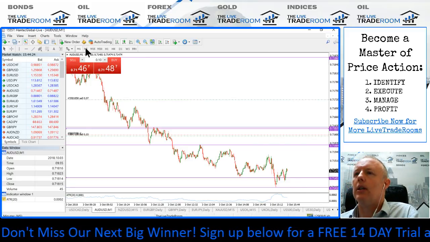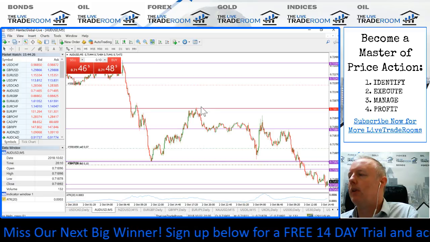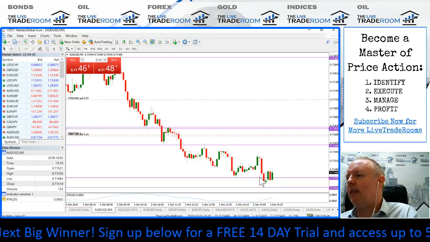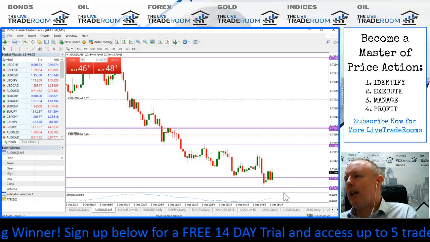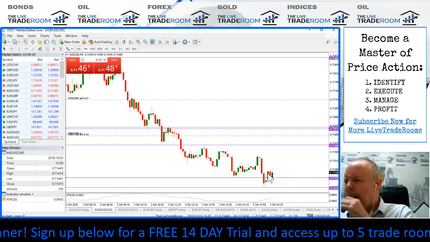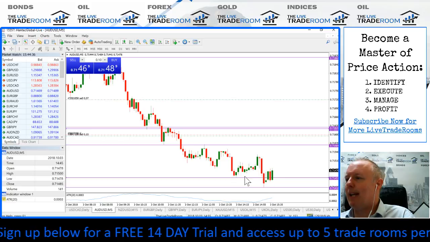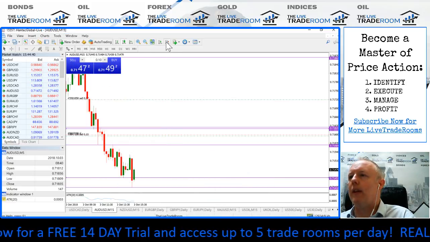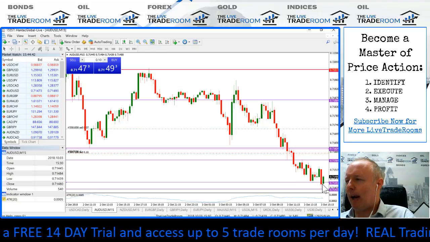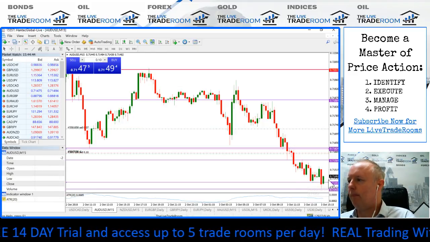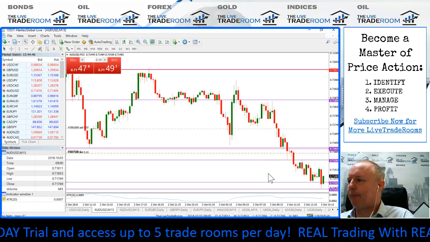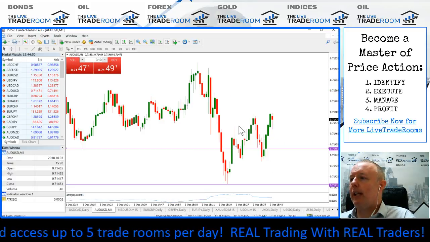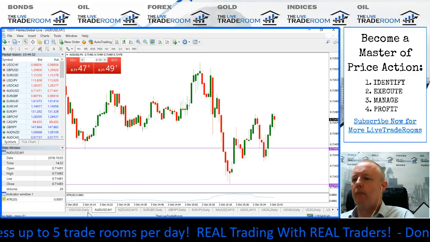So let's have a look at it on a 5-minute time frame. I suppose this is a good example. You're getting downward pressure, but not an awful lot going on for 15-20 minutes. Let's see if we get anything more constructive on a 15-minute time frame, just to pull back off the lows. That's all it really is at this point. Unfortunately, we need to give it a little bit more time.